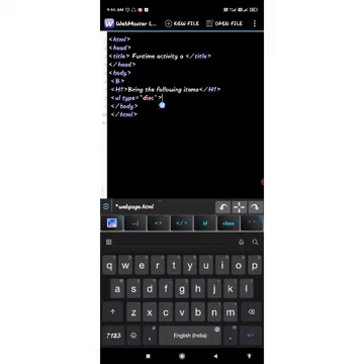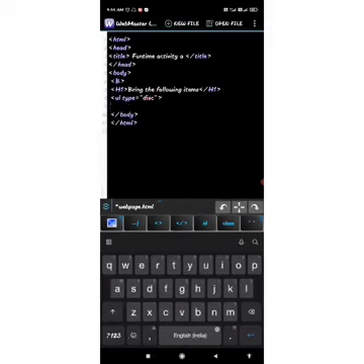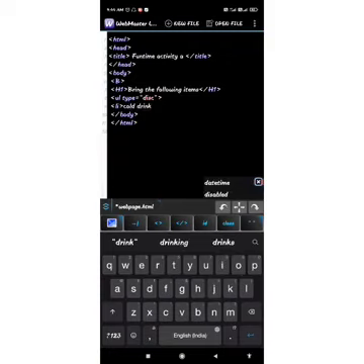Next we will write list item. LI, for writing list item we will write the tag LI. Now cold drink. Then you close LI.